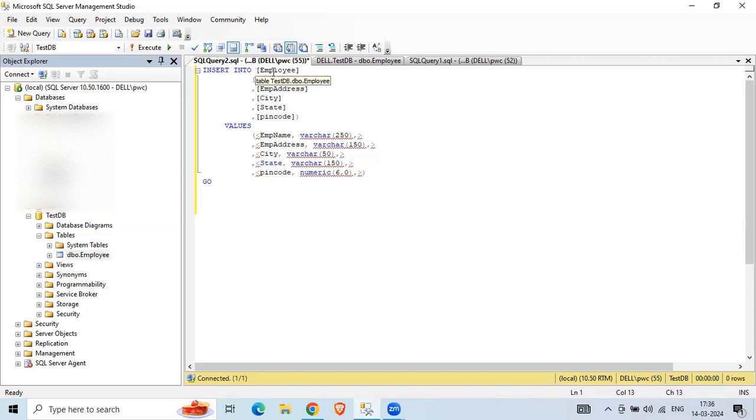So insert into employee, this is the table name, and within brackets we have comma separated columns, and after the comma separated columns we have the values keyword, and then we start inserting the values. If we have varchar values, then we will keep them in single quotes. And now the second value, that is emp name, and then emp address. Let's say again this is a character field, so we have to put it in quotes,